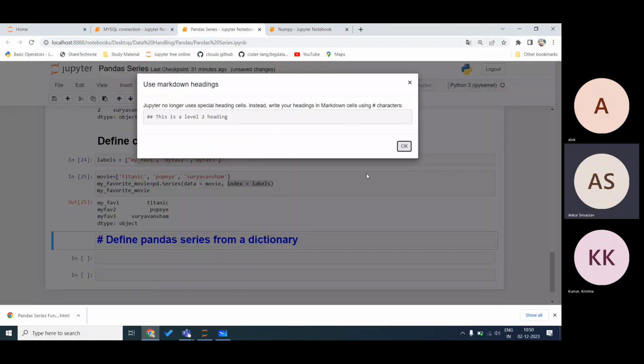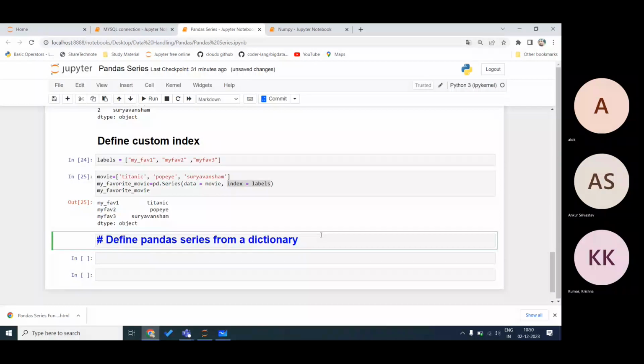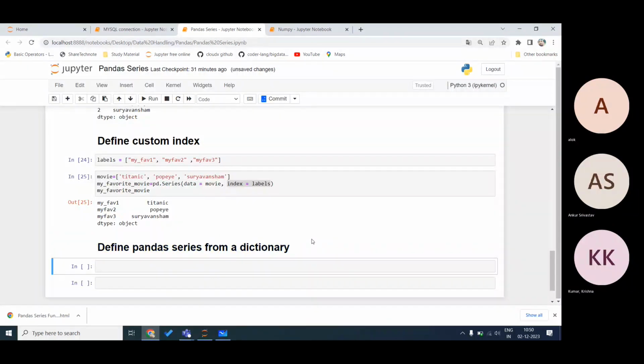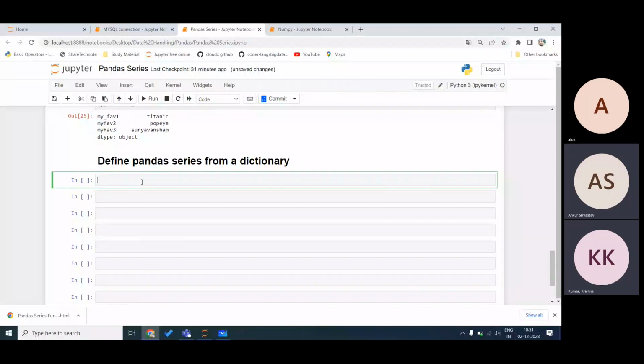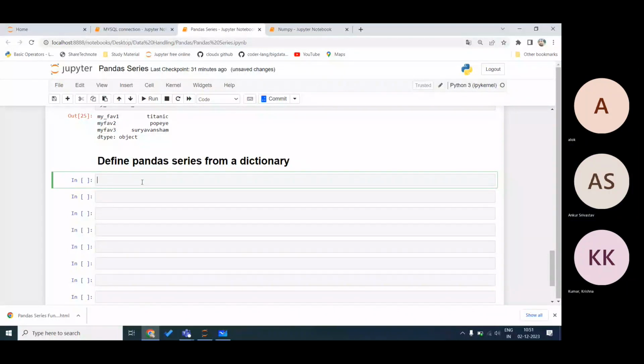For a dictionary, we have to use key and value pairs, and it's inside the curly braces, right? Curly braces. Yeah, inside the curly.